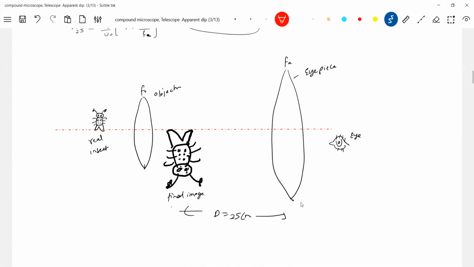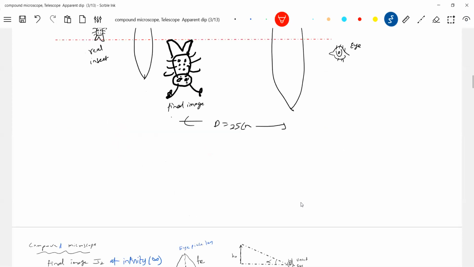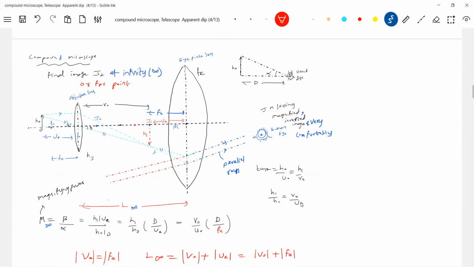Next, another question. Can we have a situation where this final image can be here? Yes, it can be a location here. It can be anywhere here. Some books show the final image here. Doesn't matter, sir. It all depends upon the values. So this diagram is for the final image at near point. For far point, we'll keep only this one. This is overall the magnifying power and the length of it. These are the only two things in the microscope.